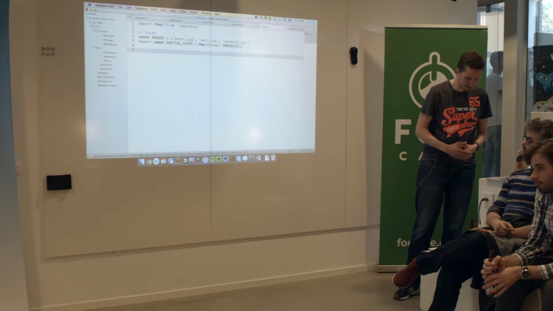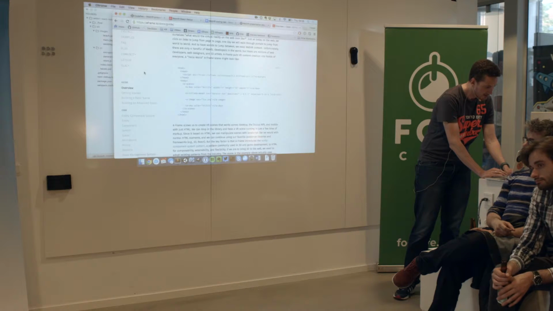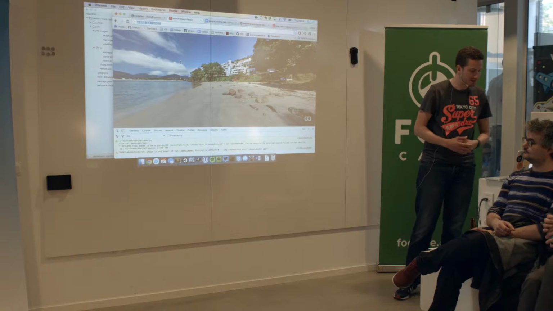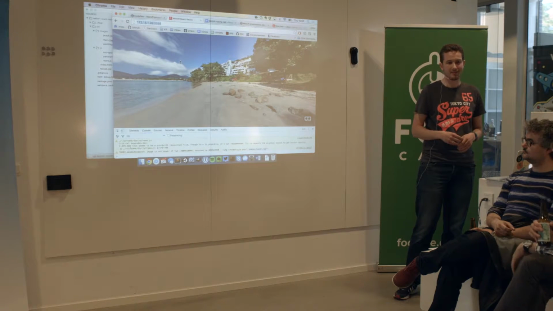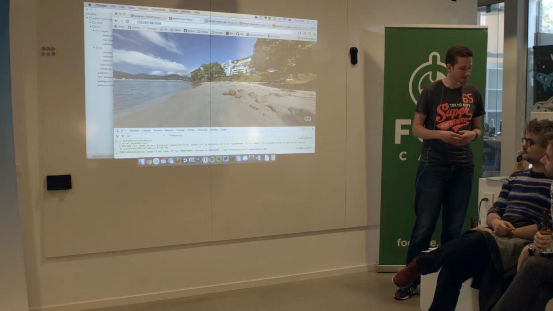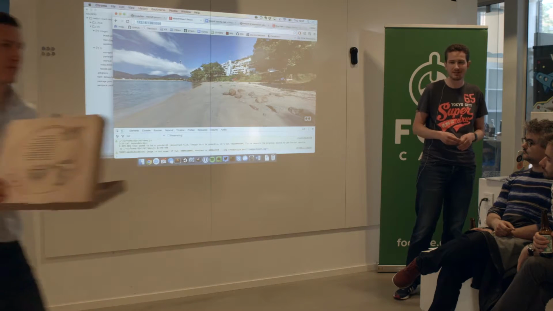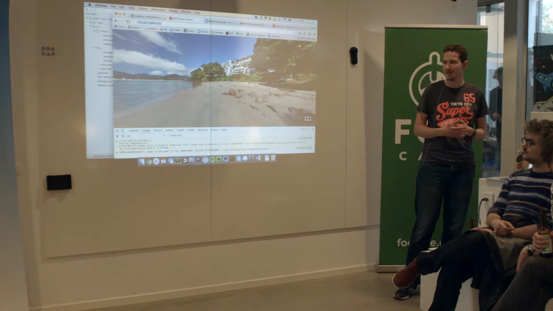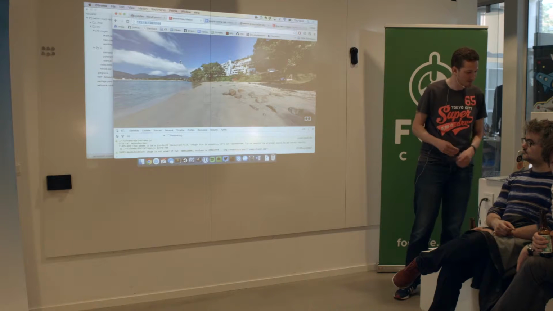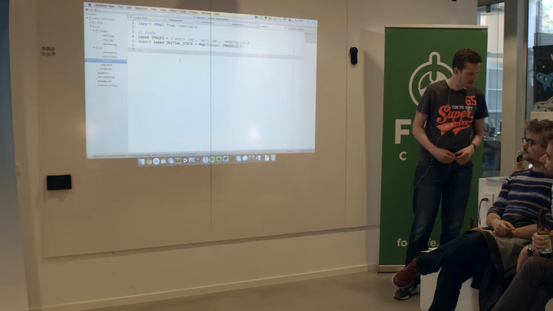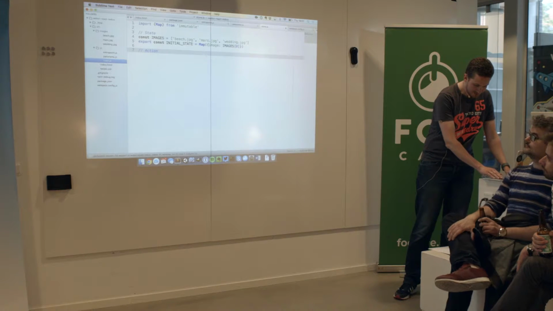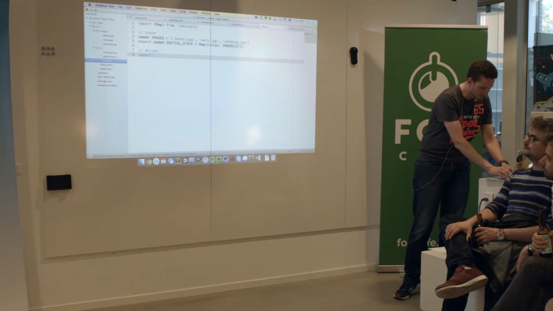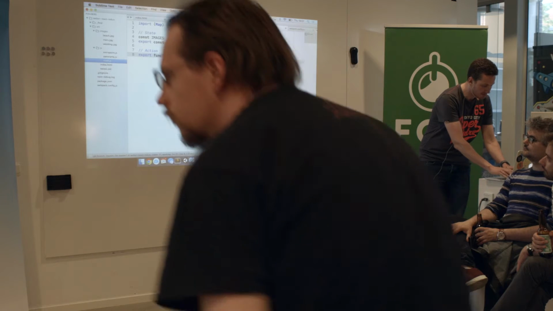All right, and then we want to have an action now. So the interaction that we want to have here is that we are going to add basically a sphere in here. It could be whatever, but a sphere is easy. When you click that, then you're going to switch to the next photo in the list. So we want to have an action for that, and we could call that action next panorama,